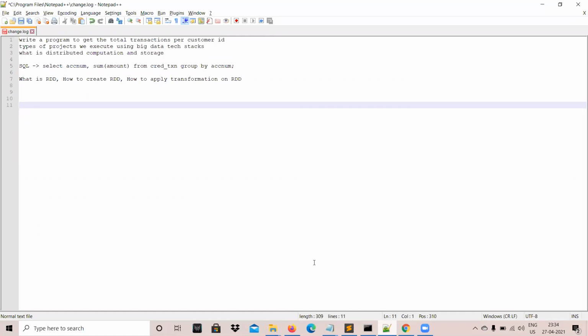Say a person says you have created RDD1 equal to sparkContext.textFile, and you provide a path here.